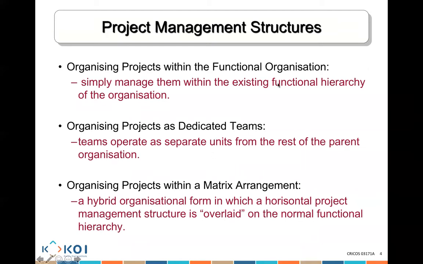So at the same time, they are members of their functional department, so they do the work of their functional department. But at the same time, they are also part of a project team, so they do the work of the project team. And depending on the type of matrix arrangement, it could be what we call a weak matrix, which means, yes, they do work on a project, but the majority of their focus is on the actual functional work. Or it could be a strong matrix, meaning the majority of their work is on a project and less work is in the functional department.